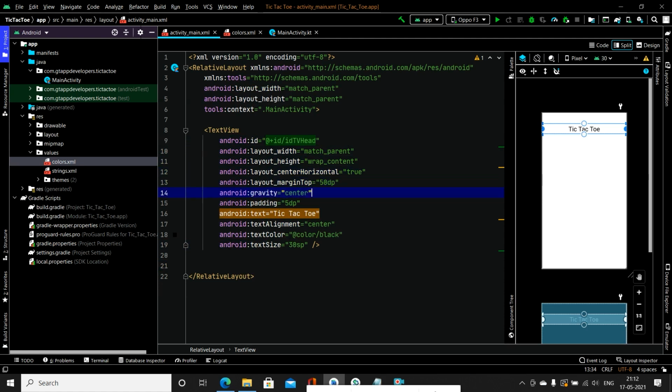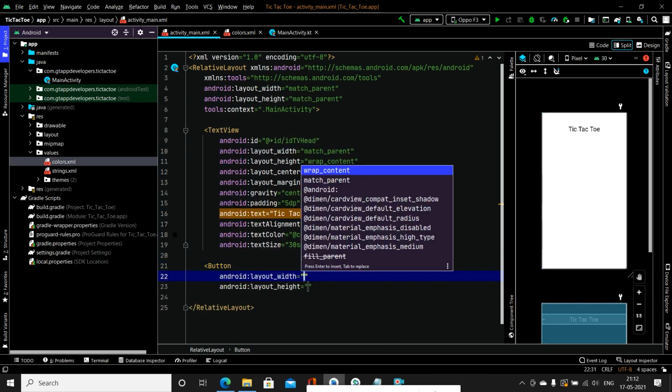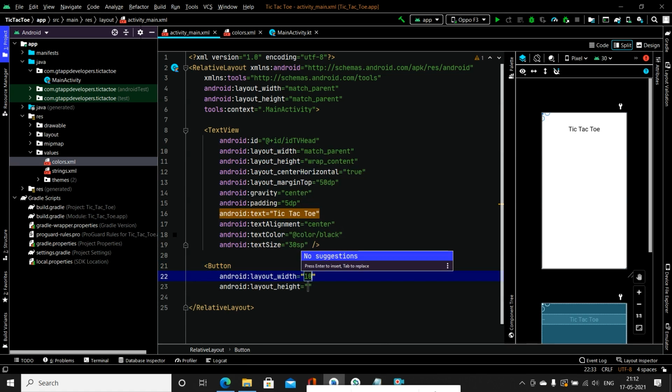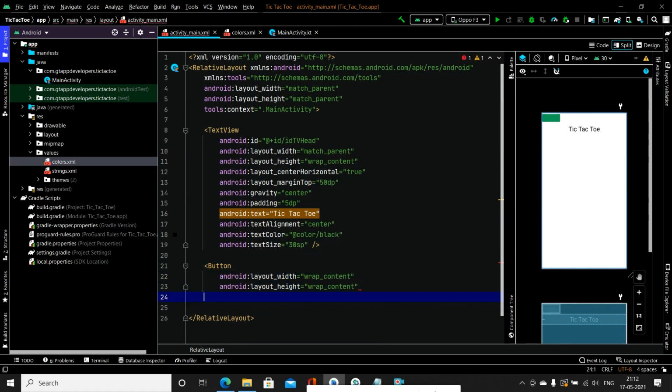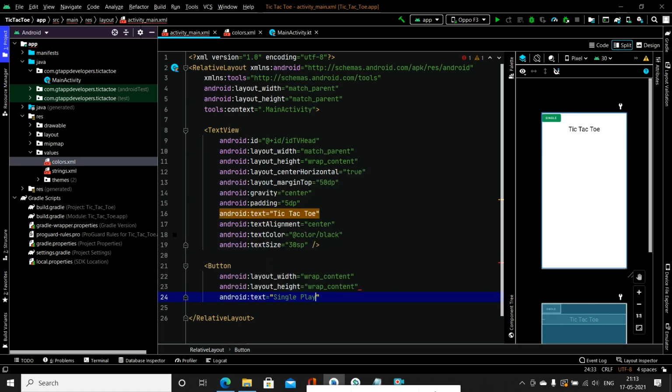After that, we will create two buttons. The one will be for single player game and another for the multiplayer. Specify width as wrap content. Height as wrap content. Specify text as single player.